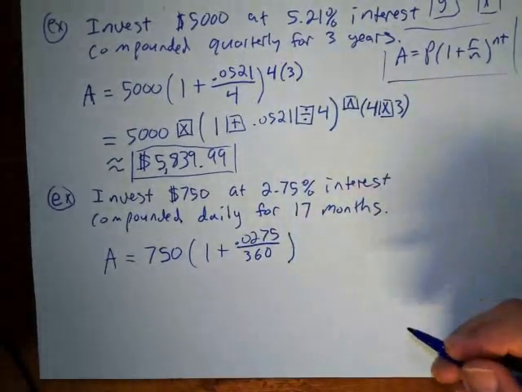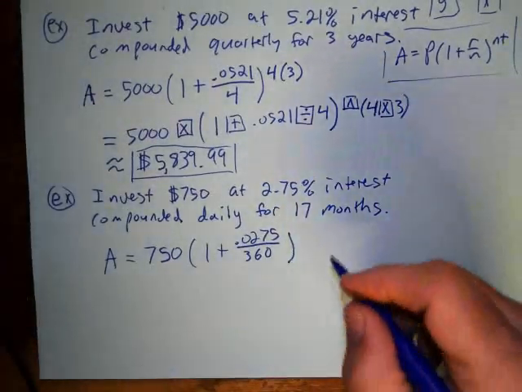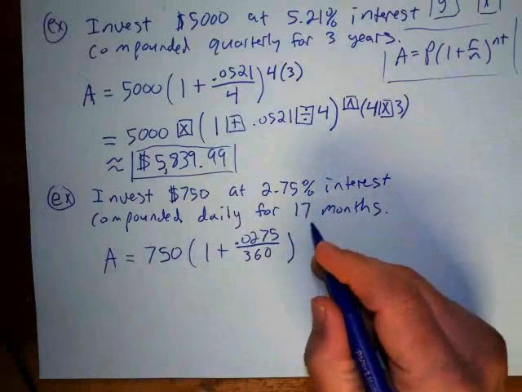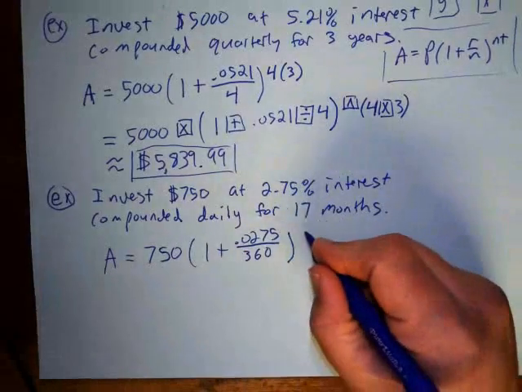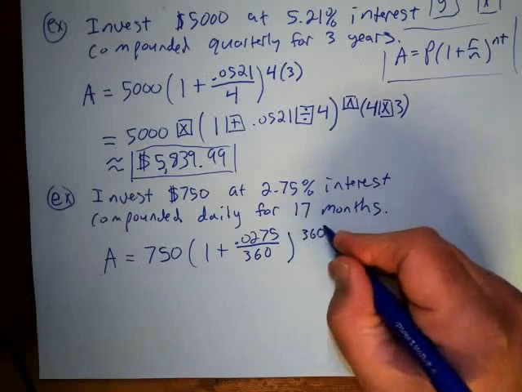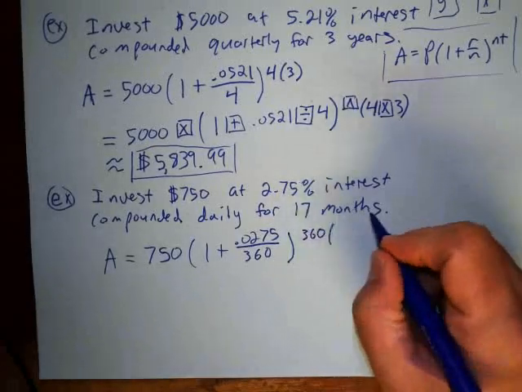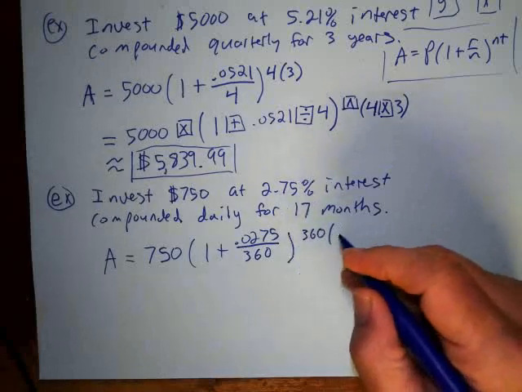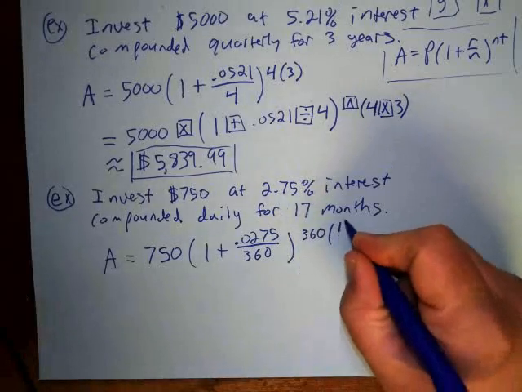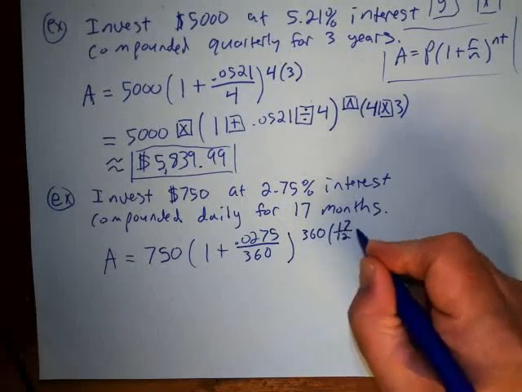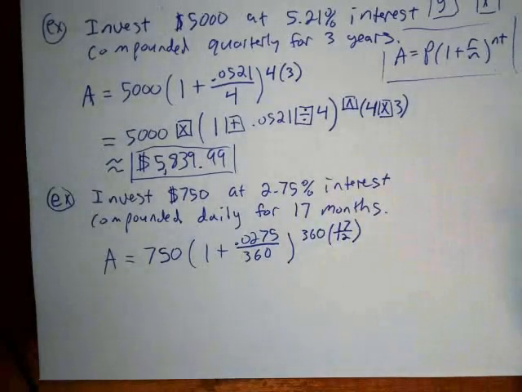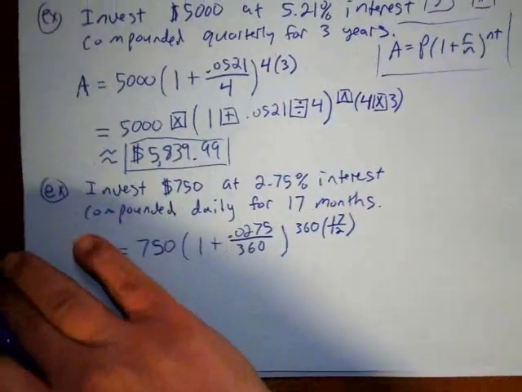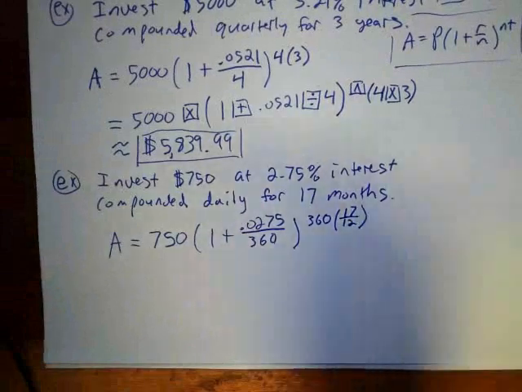Okay, and then we're going to raise this to, I need to use the 360 again, and then the 17 months. I can't put 17 here because that would be investing for 17 years. So I got to convert the months into years by dividing by 12. So it would look like that. Okay, now when I put this in my calculator,